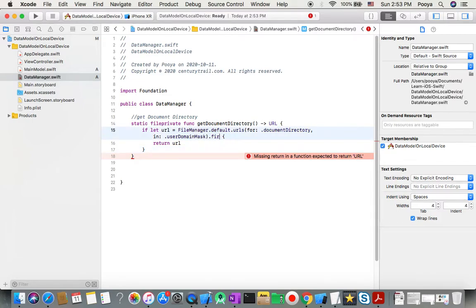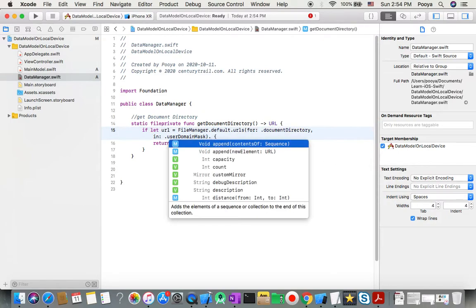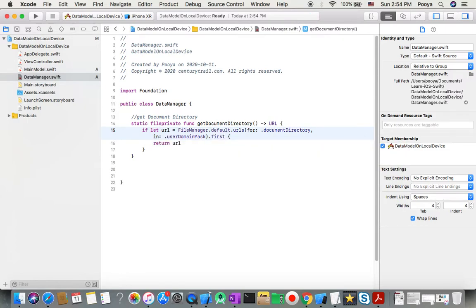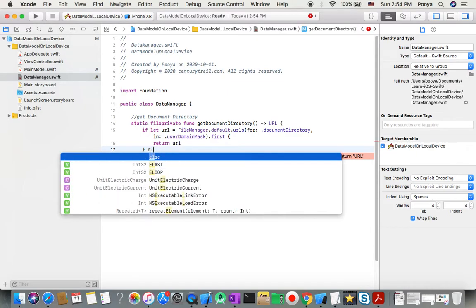If I remove this first, here we will have an error: initializer for condition binding must have optional type, not an array of URLs. So I just say first one, just first one for me. If it was able to get that, return it. If not,